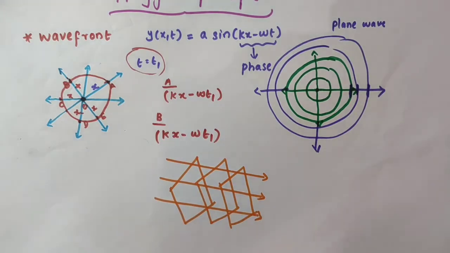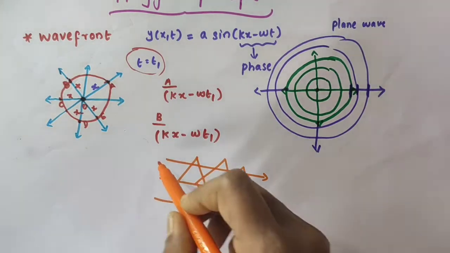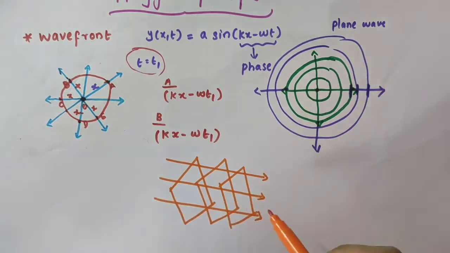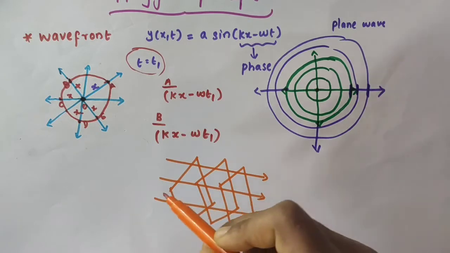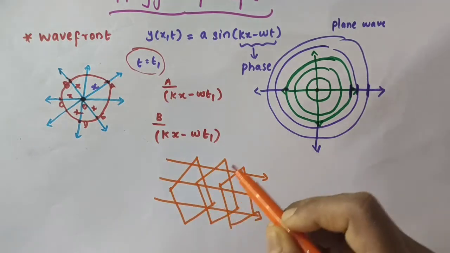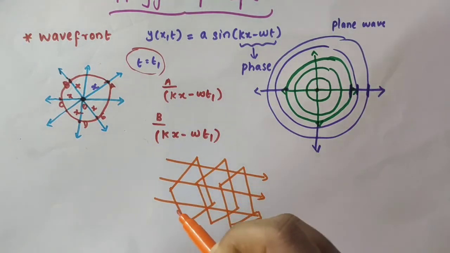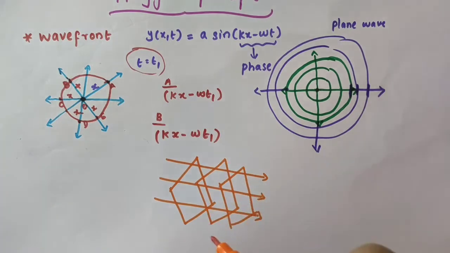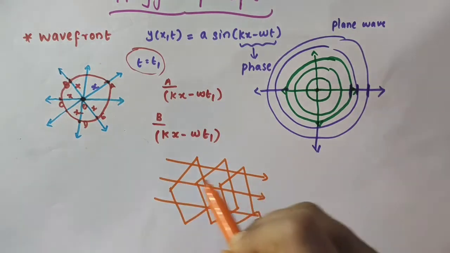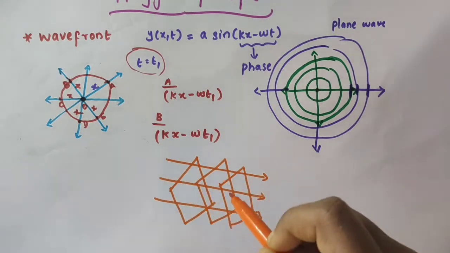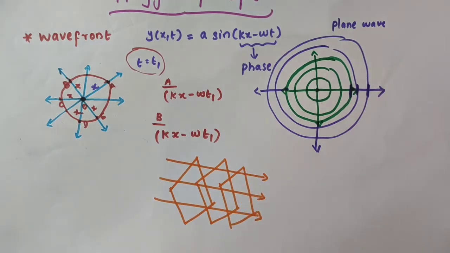They will be like this. That is, the wavefronts will be plane wavefronts like this. Okay, because rays are parallel to each other and along this direction. So, wavefronts will be perpendicular to these rays. So, perpendicular to these rays means they will be plane wavefronts. Okay, the wavefronts will be plane wavefronts. So, the wavefronts corresponding to the parallel rays are plane wavefronts. Alright.